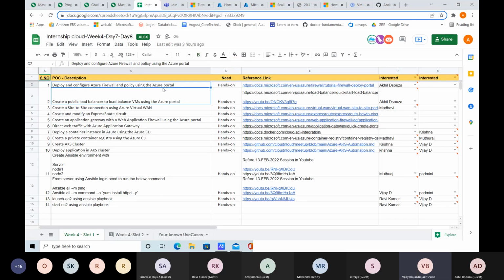So firewall. Yes, yes. So first you explain what you are going to do and what is the purpose for that, so that we can also have some chat over there. So first of all, Azure Firewall and policy, what is the purpose we need? Azure Firewall can be used to restrict some kind of traffic. If a virtual machine has to be restricted to some websites. For example, if there is a Windows server running and only the Microsoft website has to be accessed through that VM, we can restrict all other traffic and only allow the Microsoft website so that we can download any updates required.